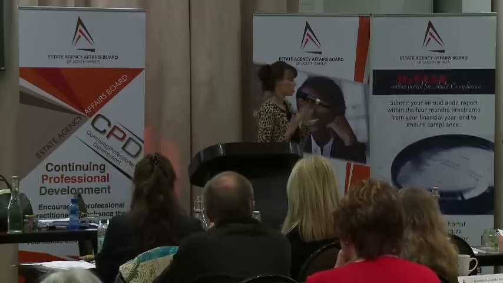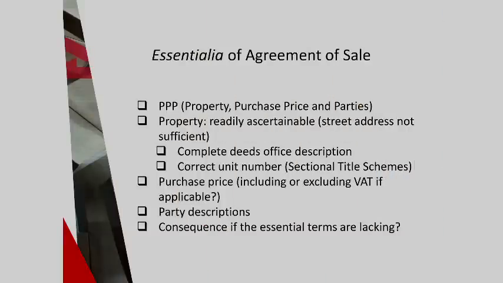So that was a theoretical understanding of property and immovable property. Let's get to the nitty-gritty, the practicalities: the offer to purchase. As a conveyancer, what I receive from the estate agent is the offer to purchase. And our offer to purchase is an agreement that has to meet certain common law principles. Again, these are Roman law principles. In terms of the common law, when it comes to an offer or an agreement of sale, there have to be 3 clauses present. Otherwise, that agreement is invalid from the outset.